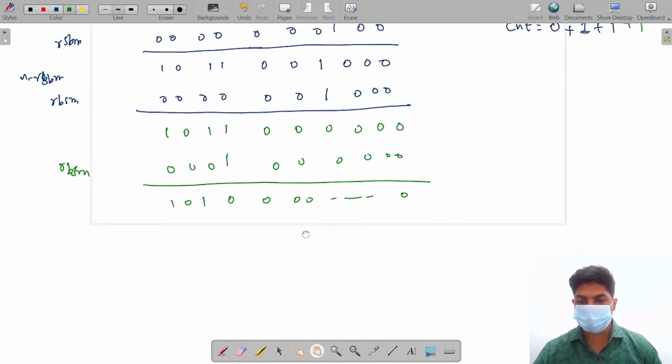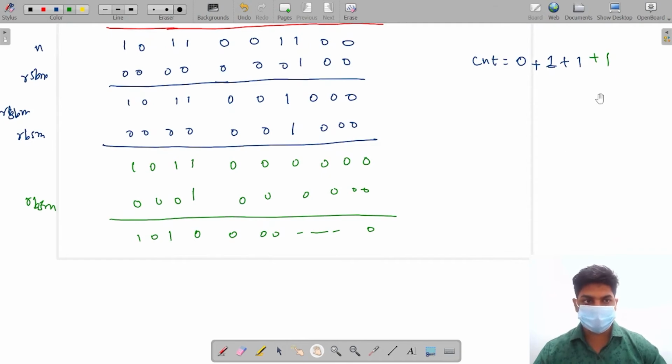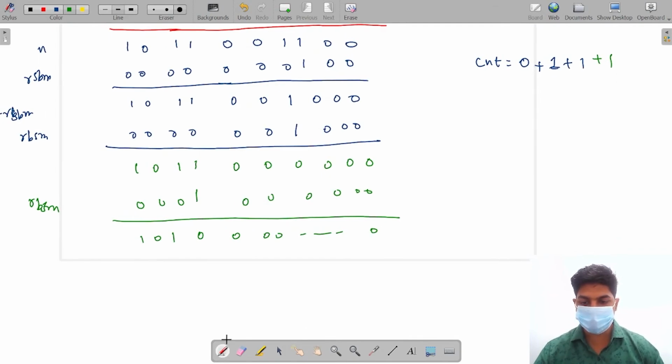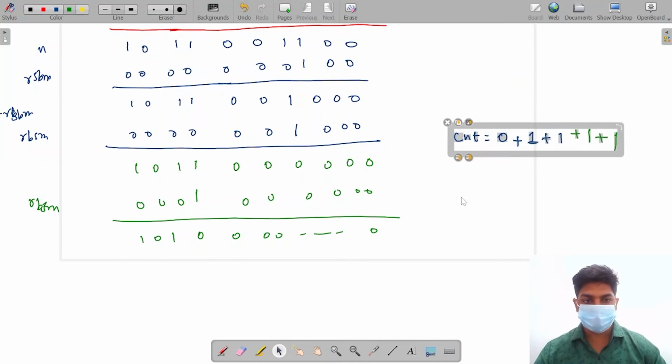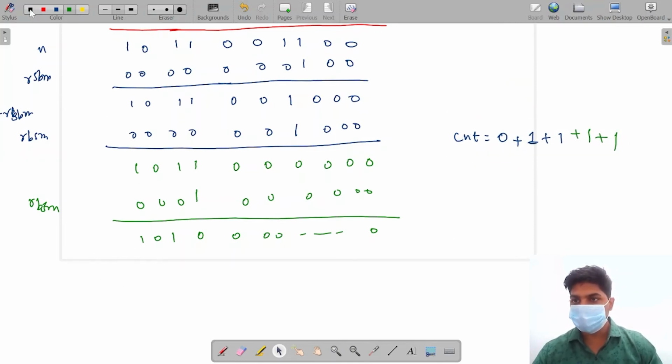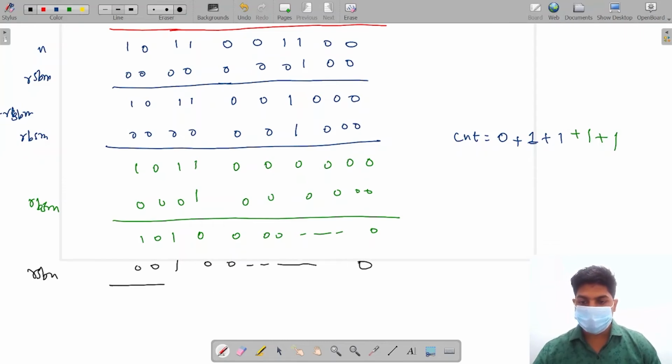Now still our number is greater than 0. We will add 1 also to our answer. I forgot to add 1. Okay, still our number is greater than 0, so again we will reiterate the same process. Again we will recalculate the rightmost set bit mask. So the rightmost set bit mask will be 1, rest all zeros. Again we will decrement, minus the rightmost set bit mask. So what we will get is 1 0 0 0 dot dot dot to 0.